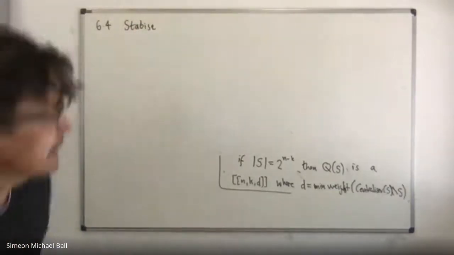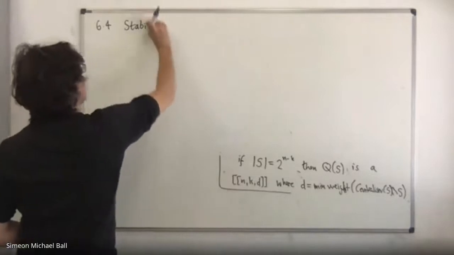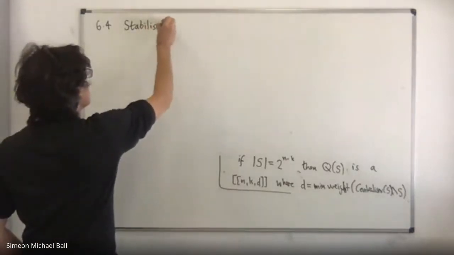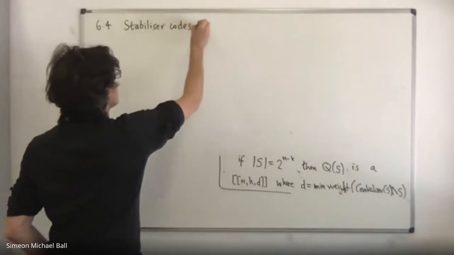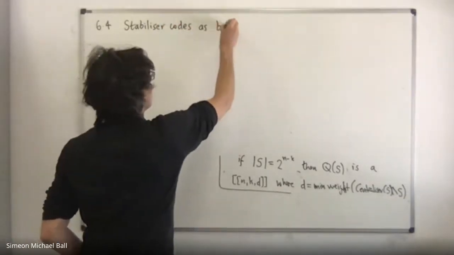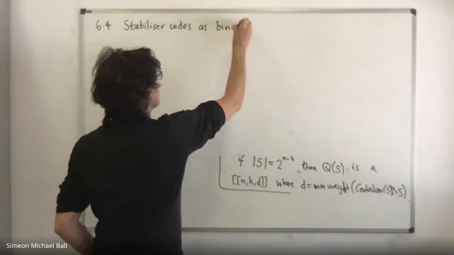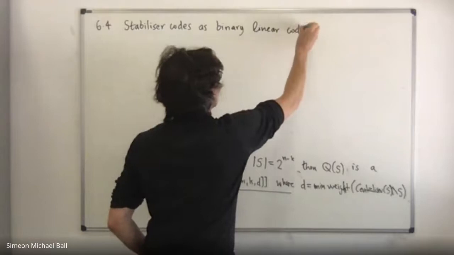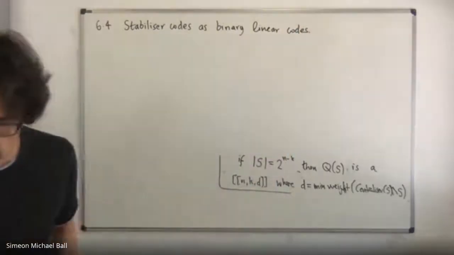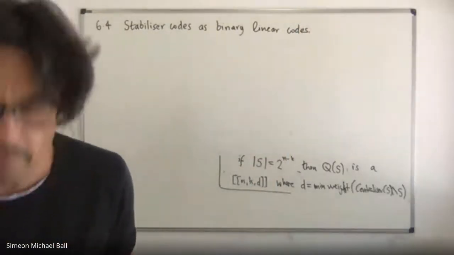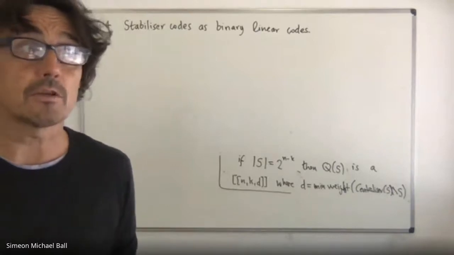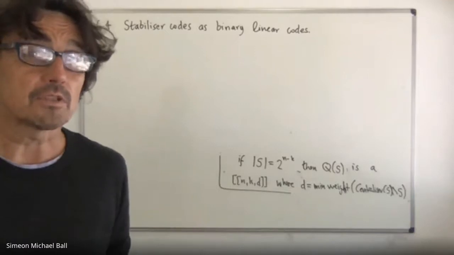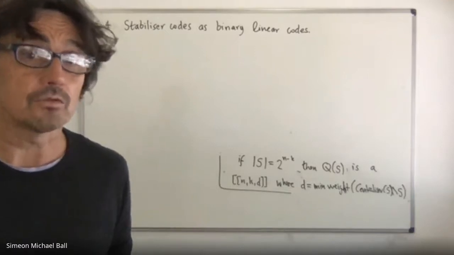Stabilizer is one of those words that I can't write. So the idea is whether we can actually find abelian subgroups by finding certain subspaces of F2 to the n,